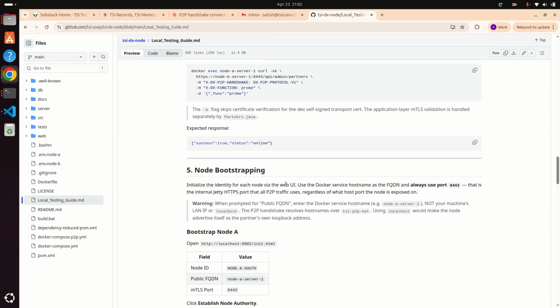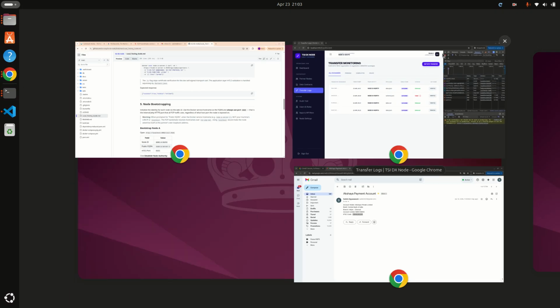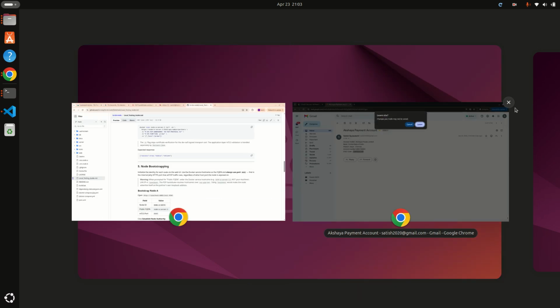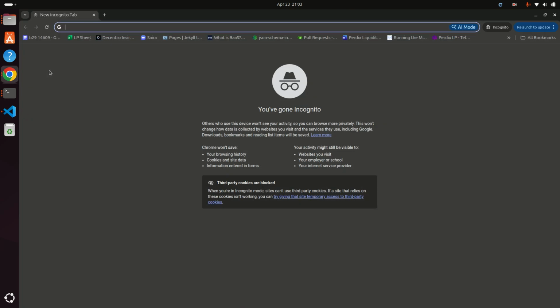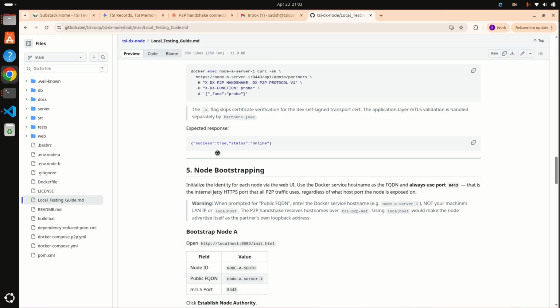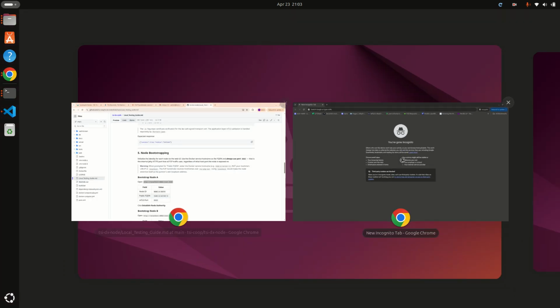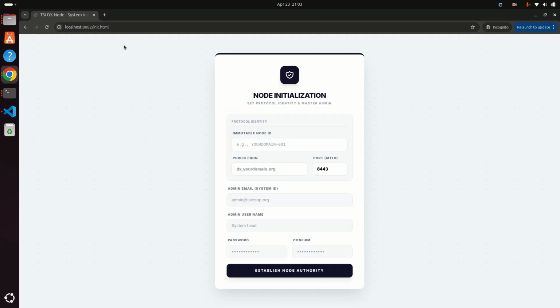The moment this is done, we bootstrap our nodes. Let me close my browser windows so I will start off afresh. Now I will go to node A. Node A is running on 8082. I go there and I set up node A,